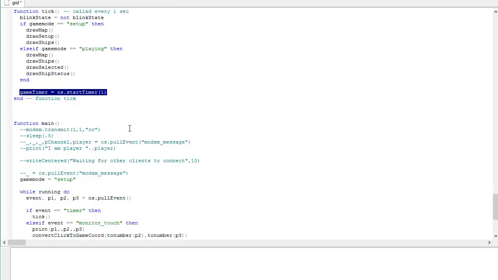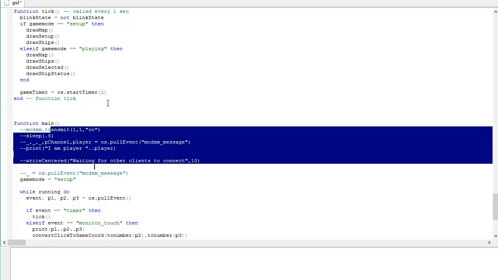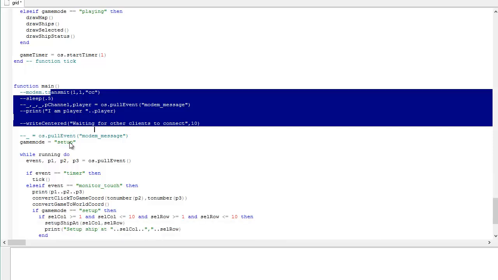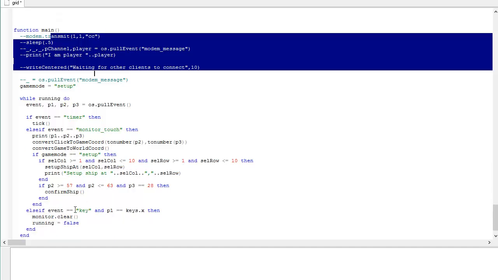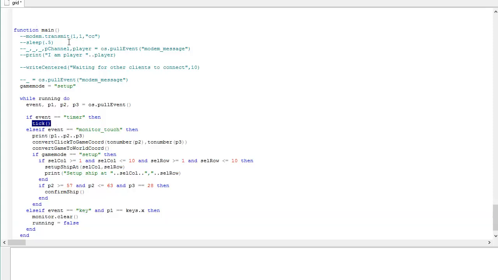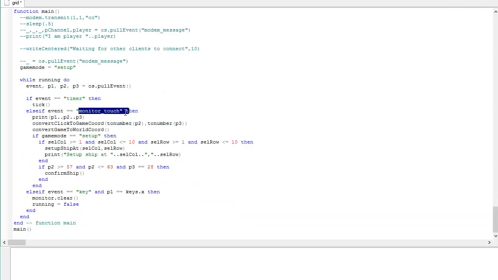Here's the main call. This is where it goes out to the server, but I'm not going to do that yet. Well, I took that out. I just commented it out until I'm ready for the server to be back in. While it's running, which it does forever until you hit X, it's running defaults. So it goes in this infinite loop pretty much. It pulls an event. The events it can get is either the timer event, which calls every second and calls the tick function up here, or the monitor touch, which is the touch screen monitor, and prints out where they touched on the monitor,